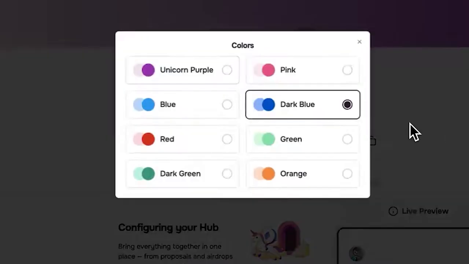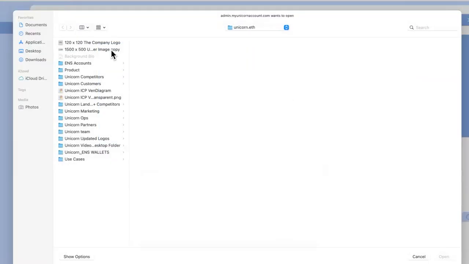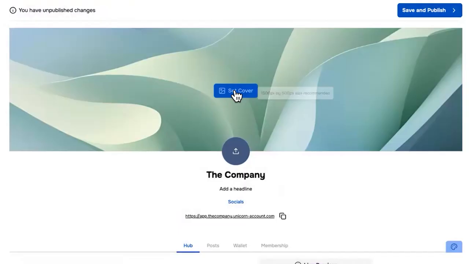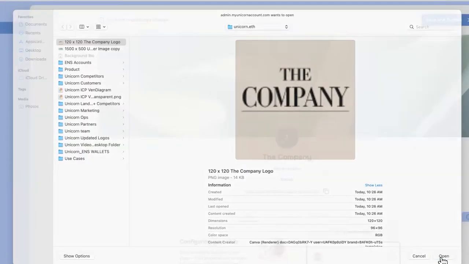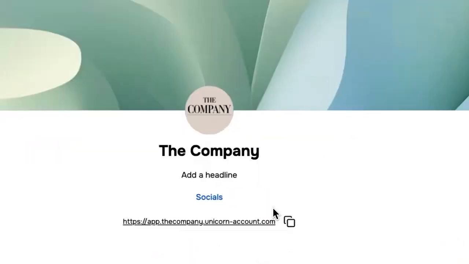I'm going to just select new color here and set the cover image. And it's 15 by 500. You can see that when you hover over it, it'll give you the dimensions as well as the profile image. And this is the profile image that your members will see when they go to this URL